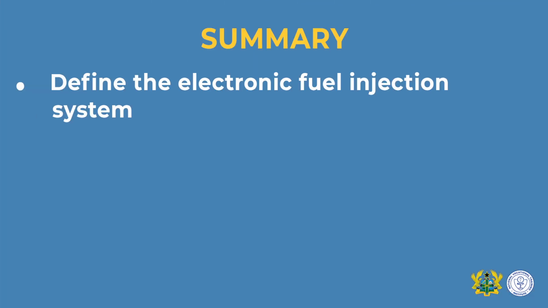To wrap up, I did inform you at the beginning that you are going to define what the electronic fuel injection system is. You're able to define the purpose of it. It's to ensure that the accurate quantity of fuel needed at every speed and load of the engine is supplied. It is also to ensure that the correct mixture strength is delivered so that exhaust pollution is limited, because with the oxygen sensor you'll be able to measure the amount of fuel needed and limit environmental